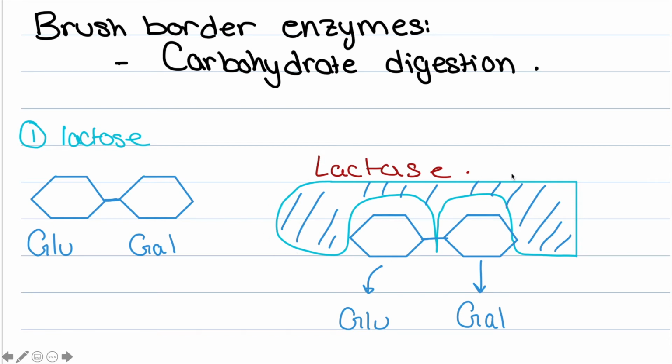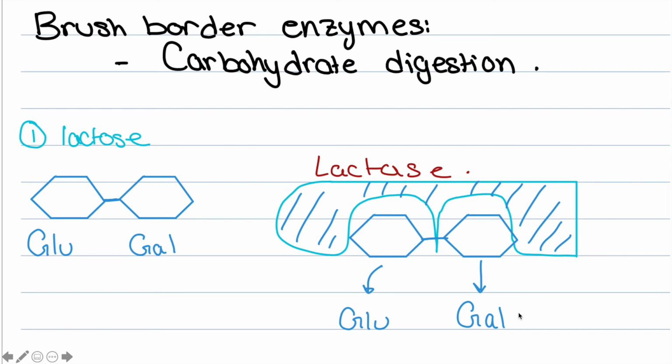You can think of it as having two active sites, one for each monomer, glucose and galactose, and this is where the glycosidic bond is, and it's going to be broken down to glucose and galactose. Glucose is one of the products, which is why brush border digestion predominantly has glucose as a product, but of course there would be other